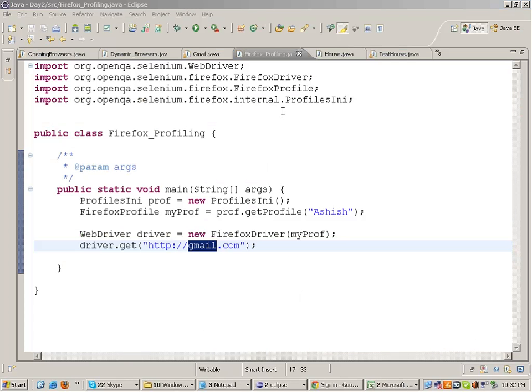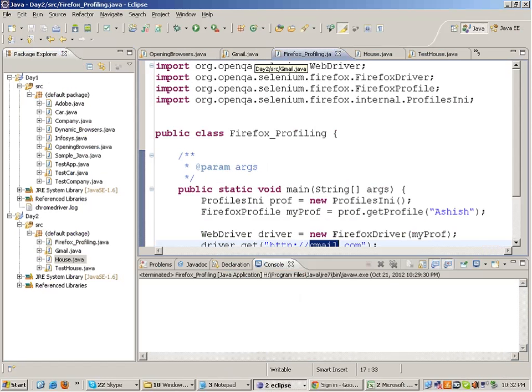The question being asked is, profiling looks useful, so how is it that IE and Chrome don't have this functionality? Well, you can ask Google and Microsoft why they don't have this kind of functionality. It's just that they made it this way. Fine. Yes, with profiling you can break the functionalities for yourselves.